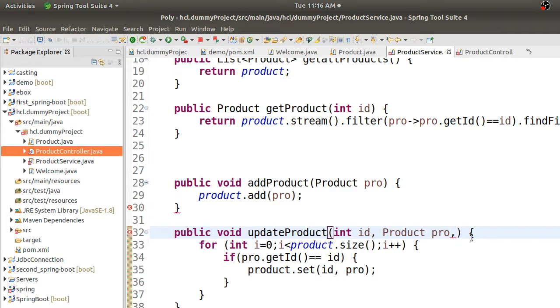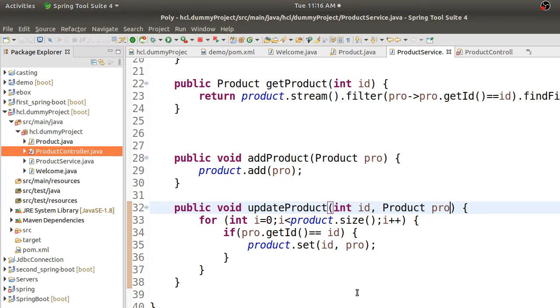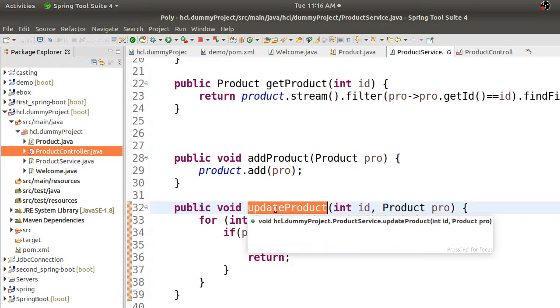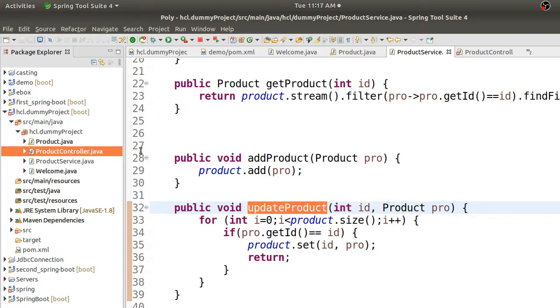There are some errors. Okay. And then I will just return this. Right, so what I just did is I'm just updating a product with some ID.